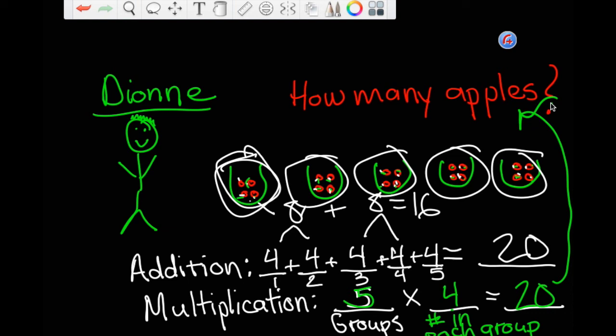There we go. Dion looking extra excited, got all those apples. All right, so now you can move on and you're going to go ahead to work on